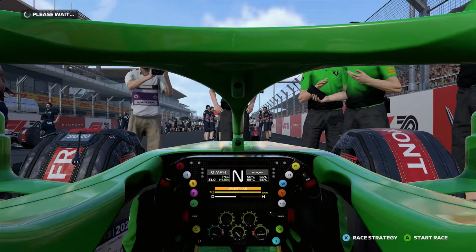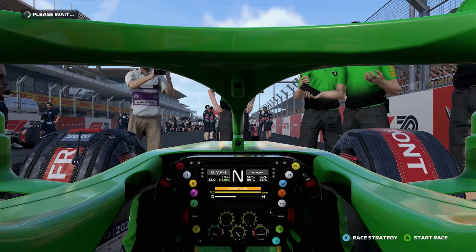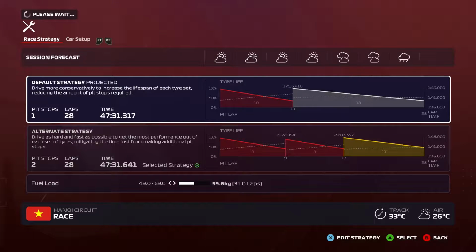So we're here, starting P15 on the grid at the Hanoi, is it International Circuit? I have no, Hanoi Circuit, there we go, in the middle of Hanoi. Our team has given us the alternate strategy of softs to mediums, but I'm going to change that and go on to the default strategy of softs to hards, because you can see right at the end of the race